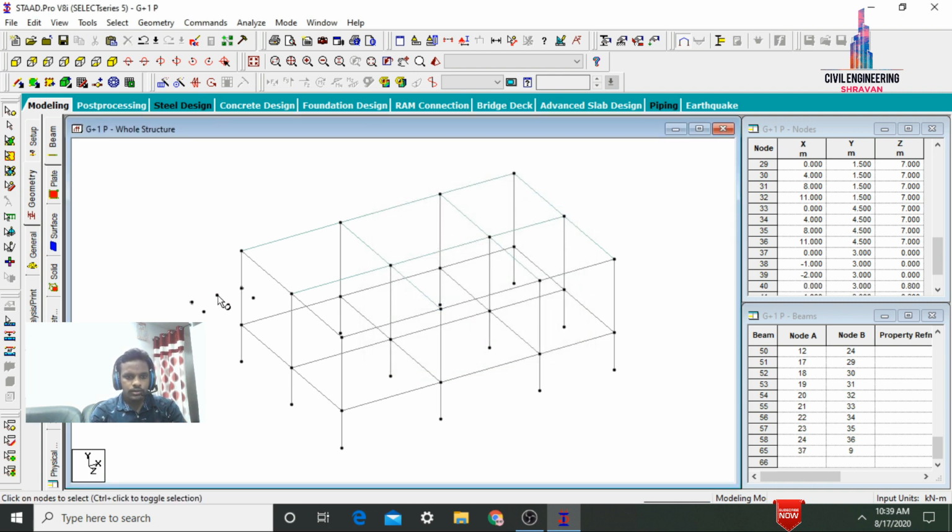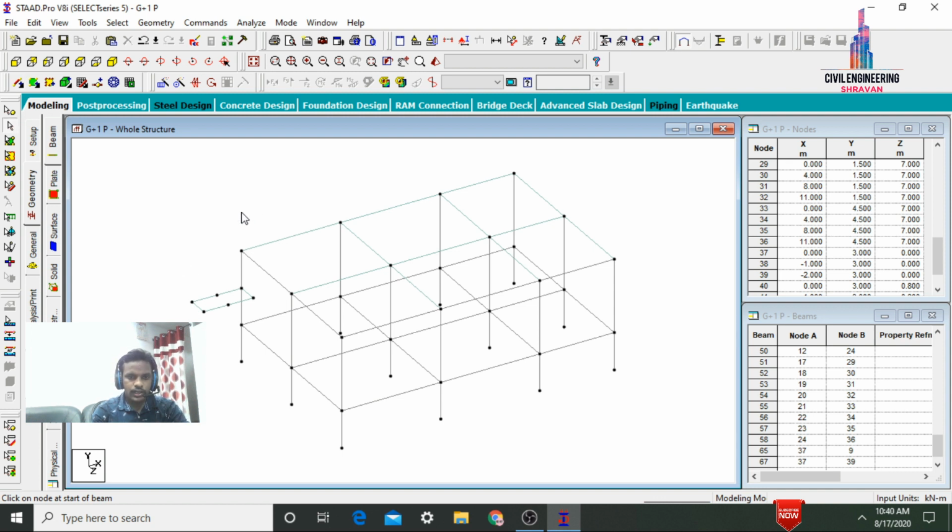So after that we need to add these respected node points with the help of slab. So select Add 4-node plate, select the first node point, select the second node point, select the third node point, in the same way select the fourth node point. Now we need to add the cantilever beam for this respected section. Select the Add Beam command, select the first point, again select your last point.